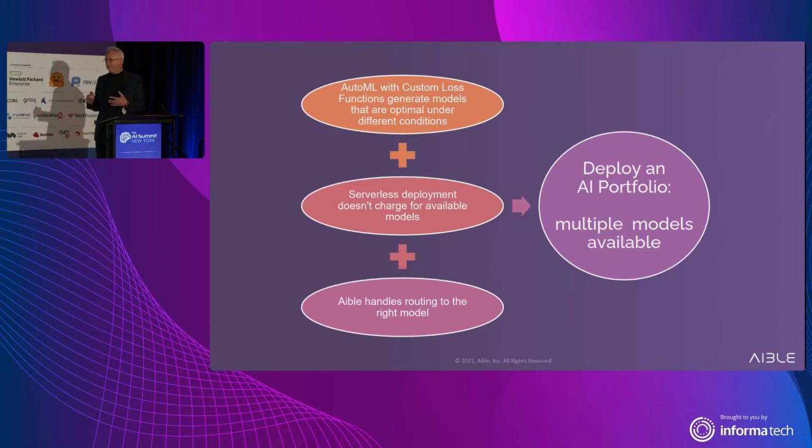And underneath the covers, one of the things that we've done to make this work, and something I think everyone will ultimately do, is dynamic routing based on business conditions, business metrics, user preference, and things like what segment of the market or what kind of fairness I want to apply. At that point in time, I choose the exact model that I'm going to use. I choose thresholding conditions or anything else I need to apply. And so effectively, I've got a way to deploy not a model, but a whole suite or portfolio of models that are available at any time.